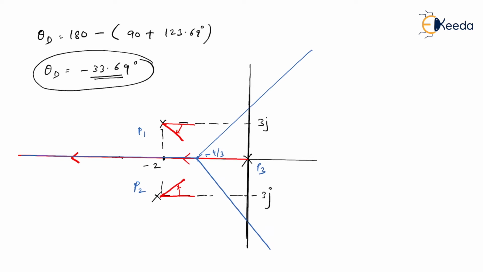And as you are aware that pole 1 will be traveling to infinity, and who is going to guide pole 1? Obviously this asymptote which is situated at 60 degree. So now it is going to guide, and then it is slowly moving to infinity as k tends to infinity. As you can see, it is crossing j omega axis at point root 13j. This is also we have calculated, or j root 13 you can say.